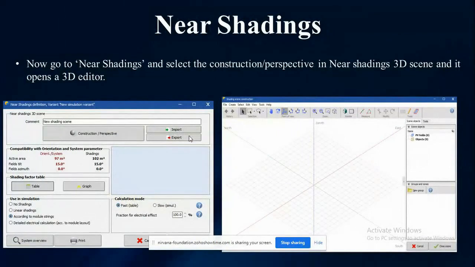And now near shadings, let's go to near shadings. So here we can construct the clear 3D scene of the system. Let's go to construction perspective, and here it opens a 3D scene. You can see it.